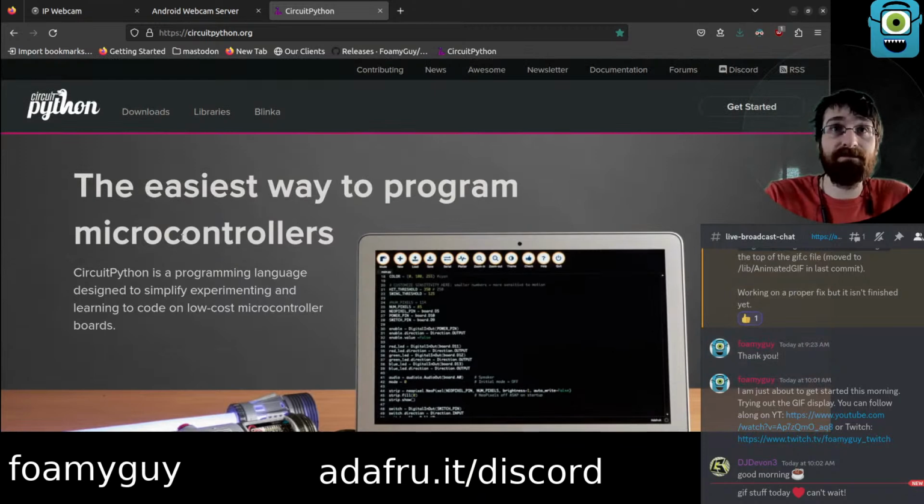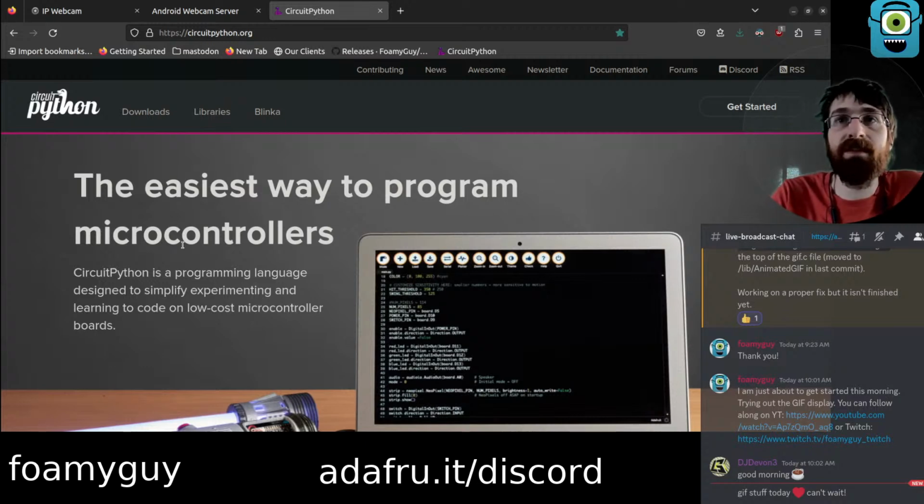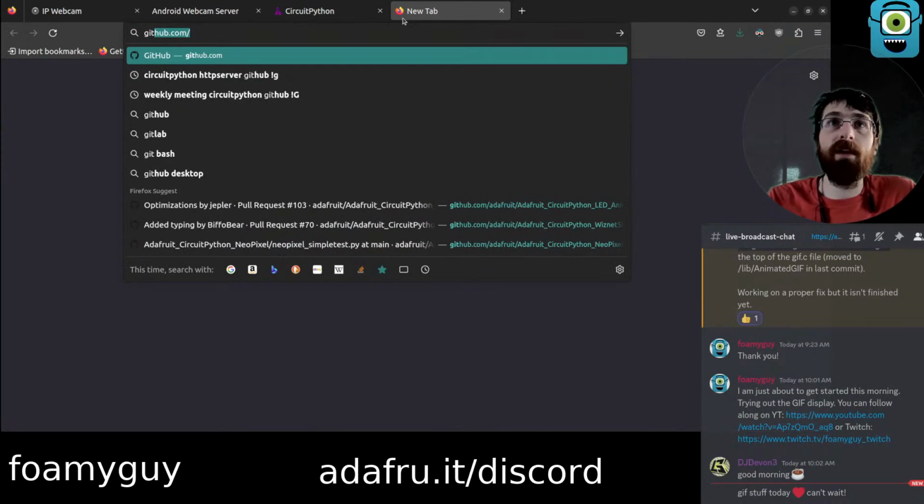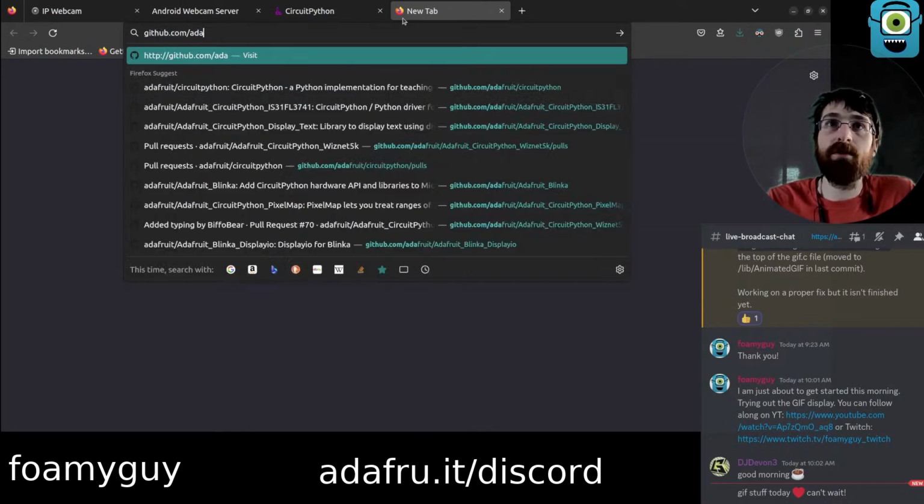Sometimes we work on projects that simply use CircuitPython. It depends week to week. Right now we're looking into the core at the potential new support for animated GIFs, which I'll pull up over here.